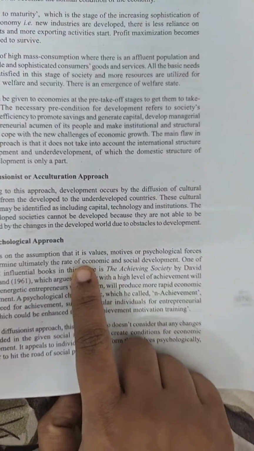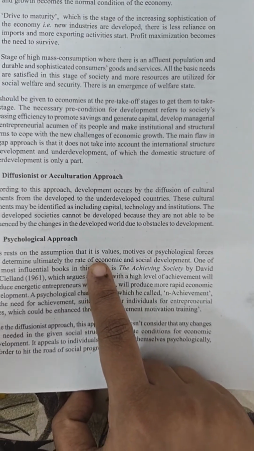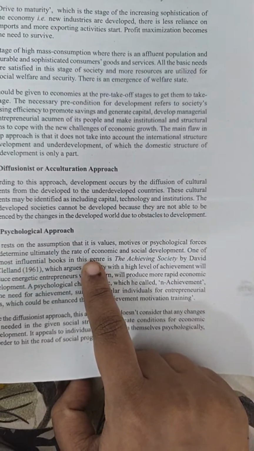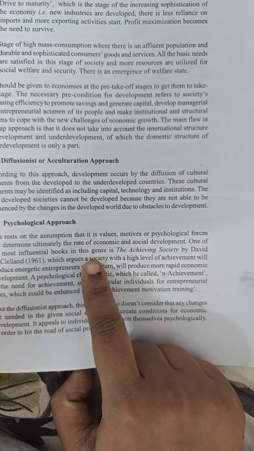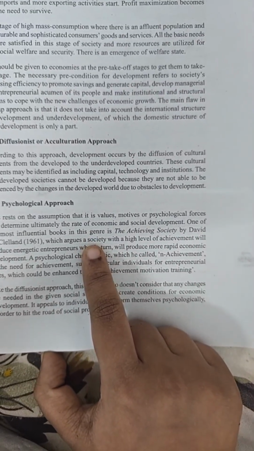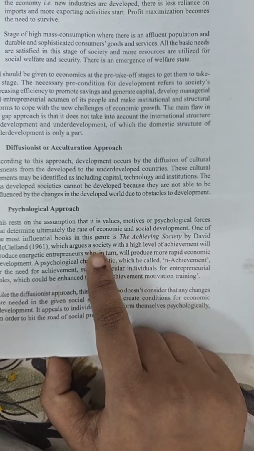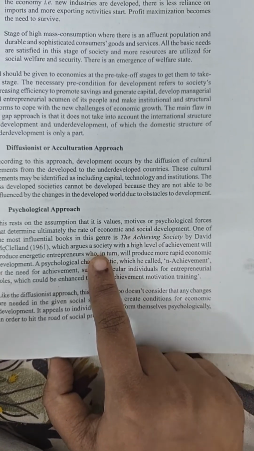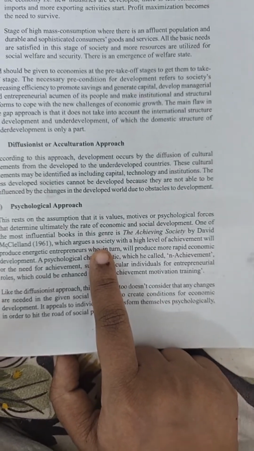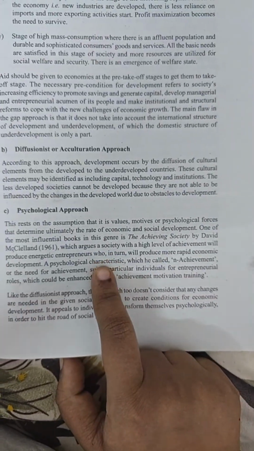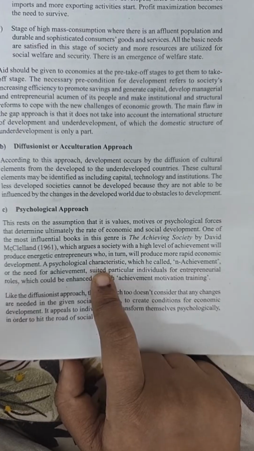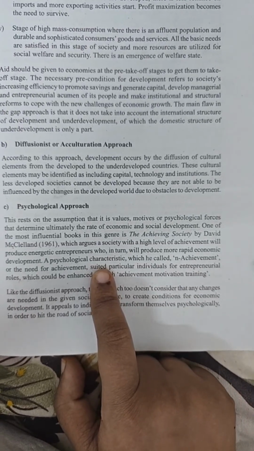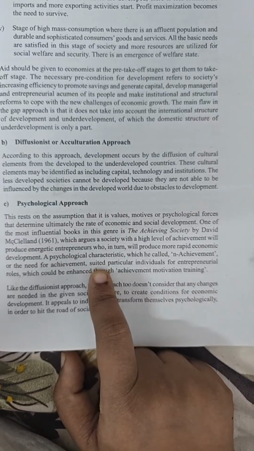Psychological approach. This approach assumes that values, motives or psychological forces determine ultimately the rate of economic and social development. One of the most influential books in this genre is The Achieving Society by David McClelland in 1961, which argues that a society with a high level of achievement will produce energetic entrepreneurs, who in turn will produce more rapid economic development. The psychological characteristic, which he called the need for achievement,